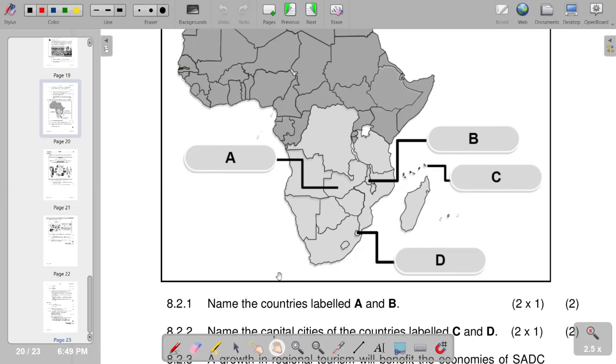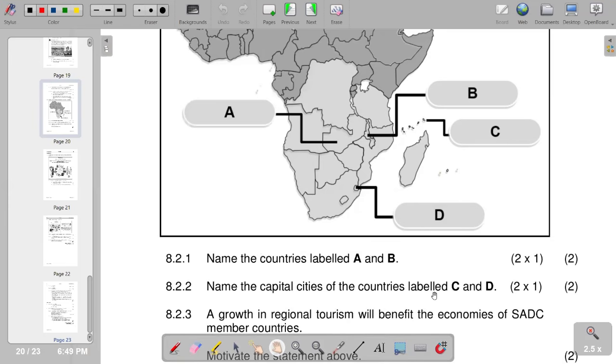Then 8.2.2, you have to name the capital cities of the countries labeled C and D. And of course, for the country labeled C, the capital city is Victoria. And then for D, we've got Mbabane as the capital city. Then